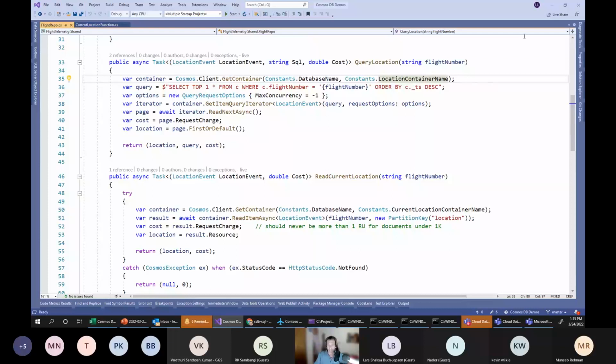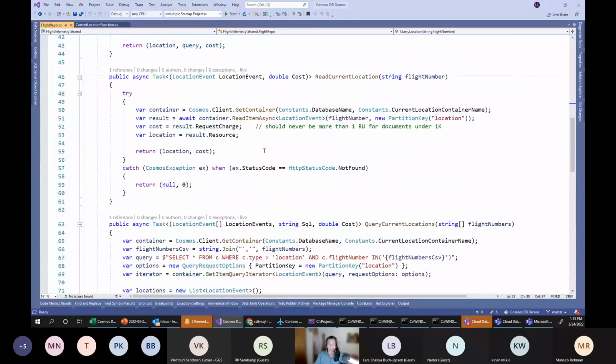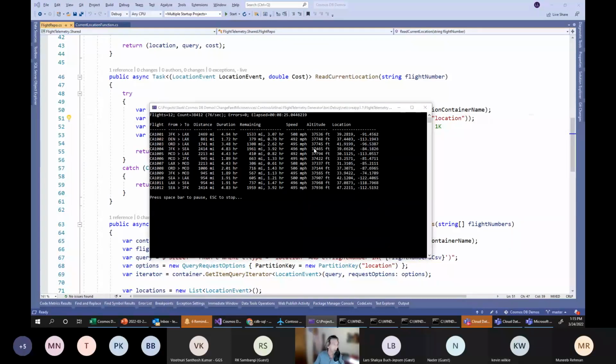But when we check that checkbox to do a point read, we are instead reading from the current location, right? That's the target of this microservice where there's only 12 documents. And we just need to do a read. So if we go back to this front end here,